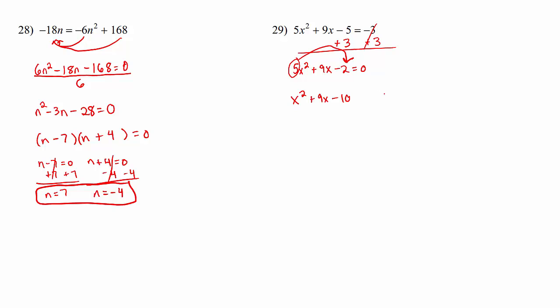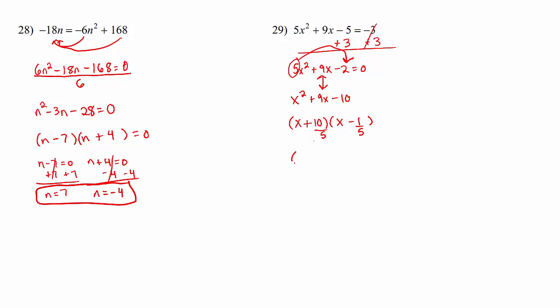At this point, I don't want to put equals 0 because these two things are not actually equal. Slide and divide is an algorithm that we can use to come up with the correct factors, but in between where we start and where we end is not super correct mathematically. You're not allowed to just move a 5 like what we just did, but we're allowed to use this to figure out what our factors should be. So I want to know what multiplies to get negative 10 and adds to get 9, which is positive 10 and negative 1. I want to divide by what I slid earlier, which was 5,